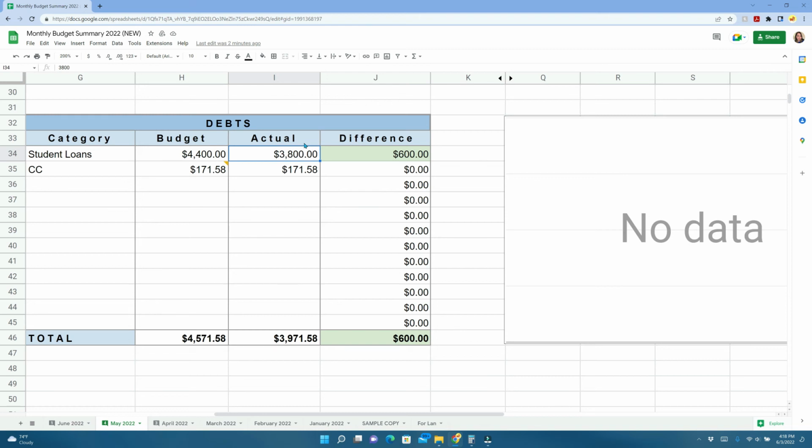So definitely excited for that. And even though May is not necessarily a proud moment for me for my variable expenses, at least I'm still able to contribute $3,800. And then last but not the least, I have $171.58 from my Target Red card. I forgot to pay it off before the end of April, so it went over to the month of May, but I didn't have to pay any interest because technically my minimum balance payment due was $0, so it's all good, and I was able to pay it off. So total for the debts for the month of May, it's about